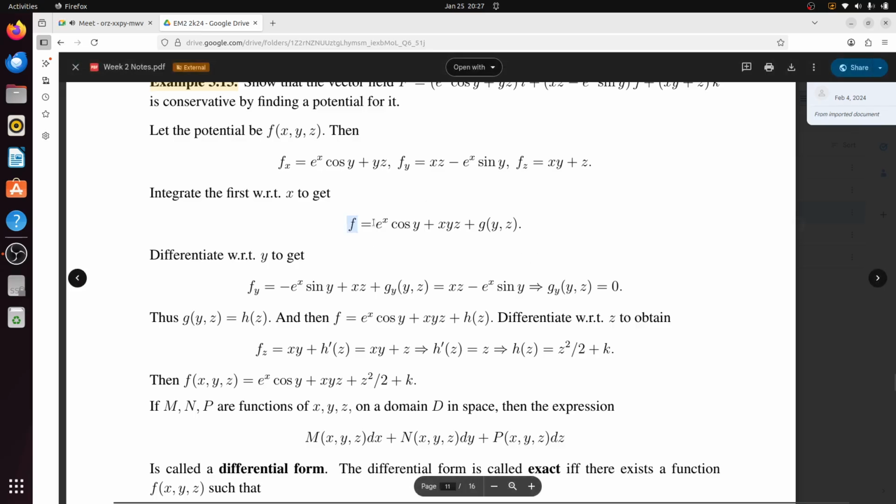तो अब आप इसको y के रेस्पेक्ट में डेरिवेटिव करो, तो आपका ये आएगा −e^x sin y + xz + g_y(y,z) = xz − e^x sin y. यहाँ से आया. So now from here you will get g_y(y,z) = 0. That means this g(y,z) will be a function of z only. So that means e^x cos y + xyz + h(z). This is your h(z). Now take derivative with respect to